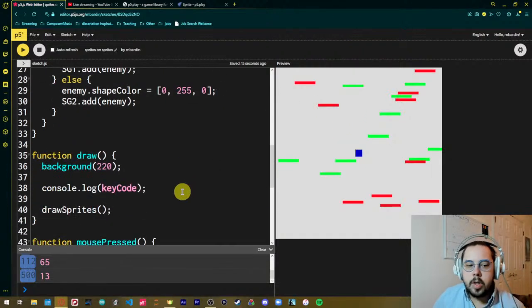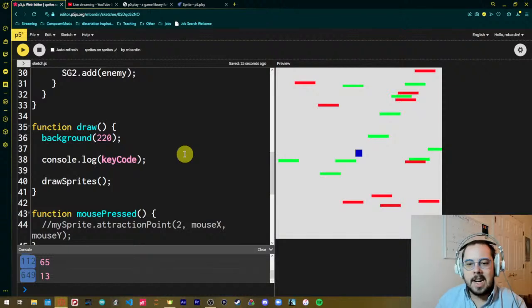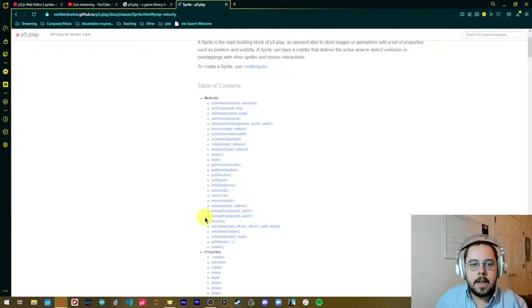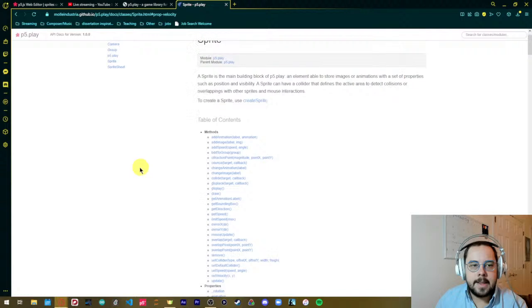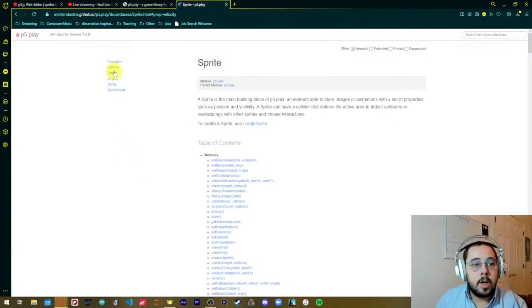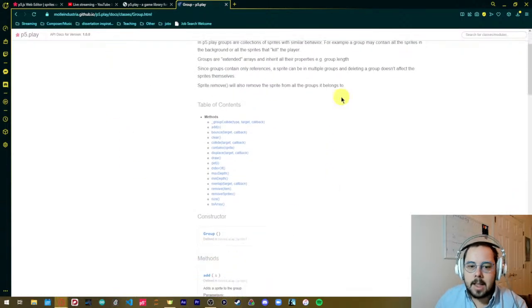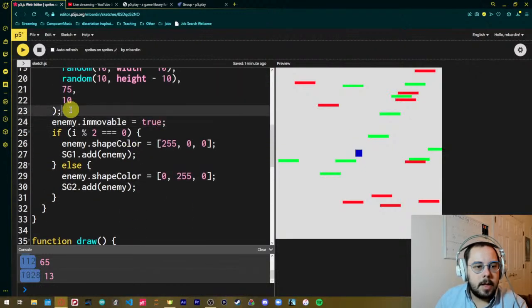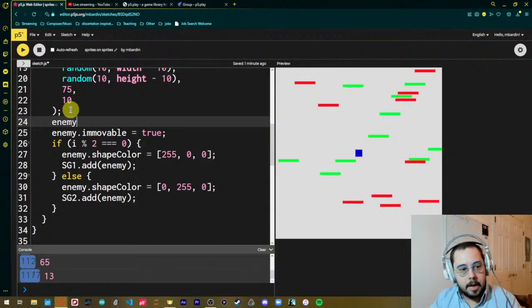So what we can do is add in certain collision responses right here, and we can find some of them in Sprite. There's a lot of stuff, bounce, collide, things like that, but a lot of them are also in groups. And I like looking at these in group just because there's less stuff here, but this is everything you can tell a group to do. So let's pull one up. Let me go into here, and I'll say